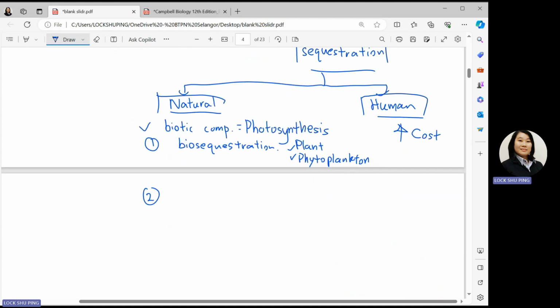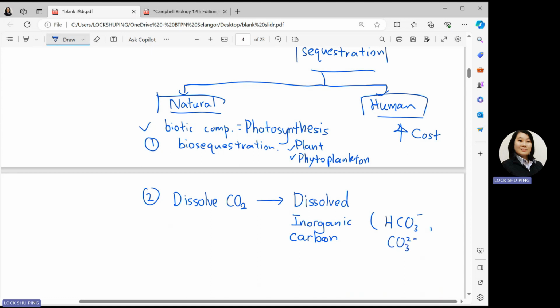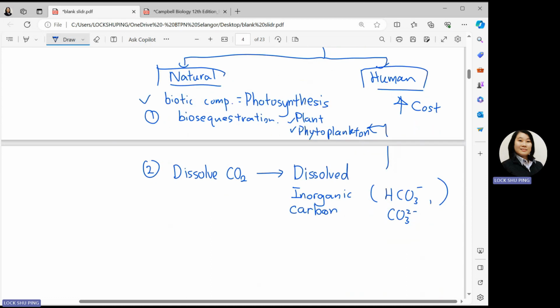For the natural way, a second method is also present. Because the ocean contains a high amount of salt, it will always trigger the dissolving of carbon dioxide into the ocean, forming dissolved inorganic carbon. This dissolved inorganic carbon, like HCO3 minus or CO3 2 minus, can in part be used by photosynthetic marine organisms like phytoplankton to carry out photosynthesis, but